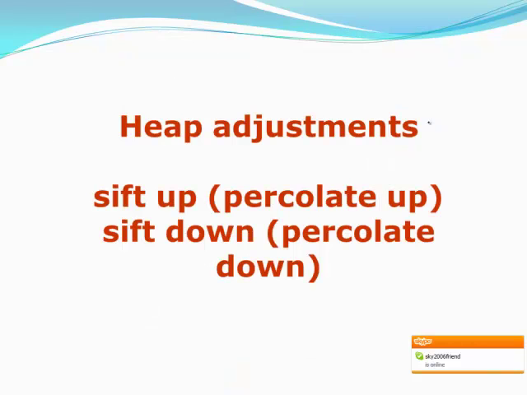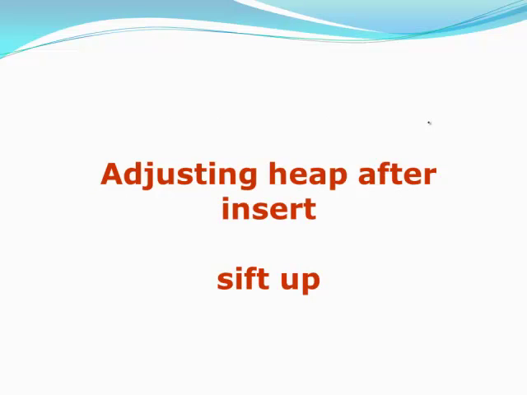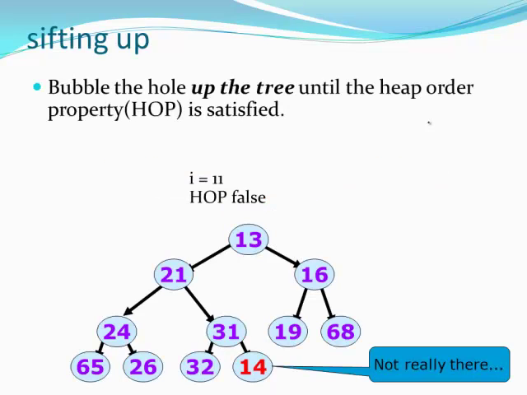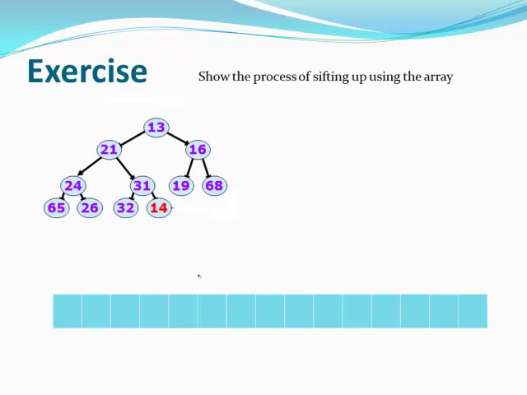So we have two operations for performing heap adjustments. We call them percolate up and percolate down, or sometimes sifting up and sifting down. Adjusting the heap after the insert is sifting up. So what we do is insert 14 and then bubble it up until it's in the right place. Looking at this from an array point of view,